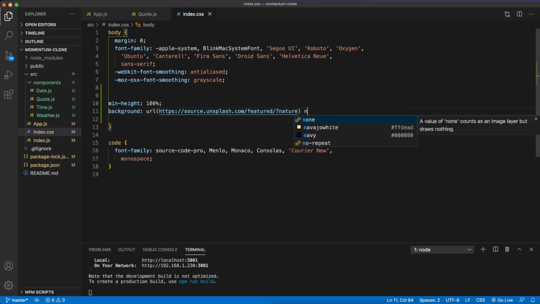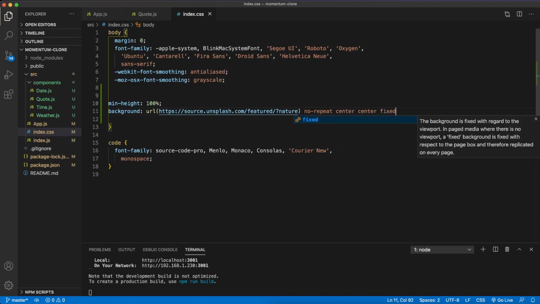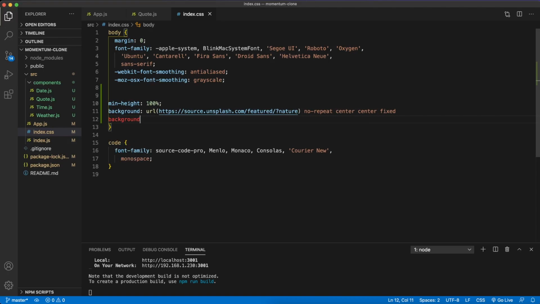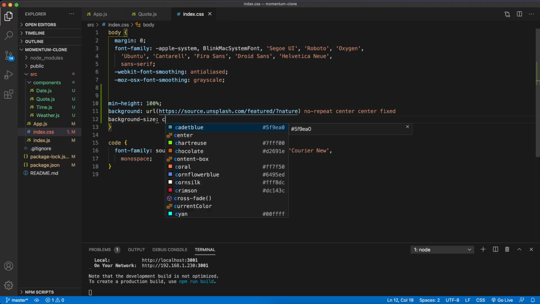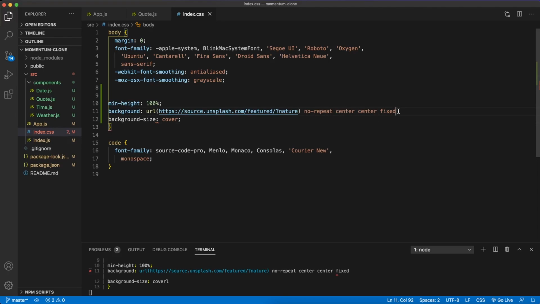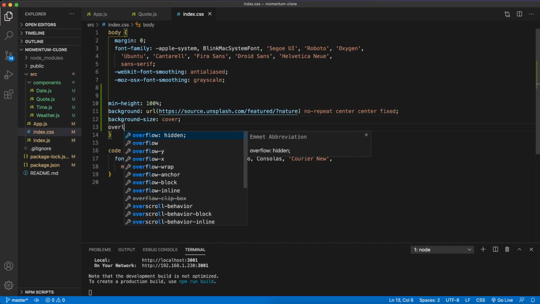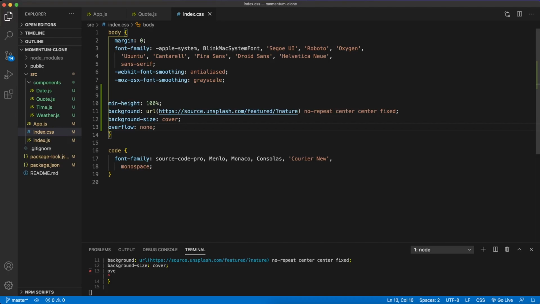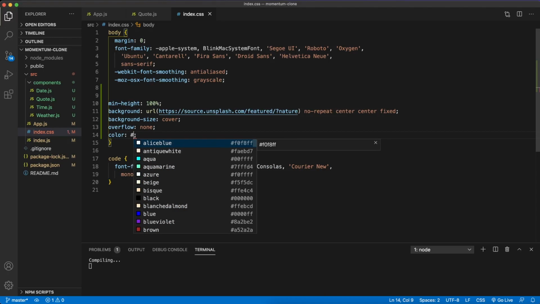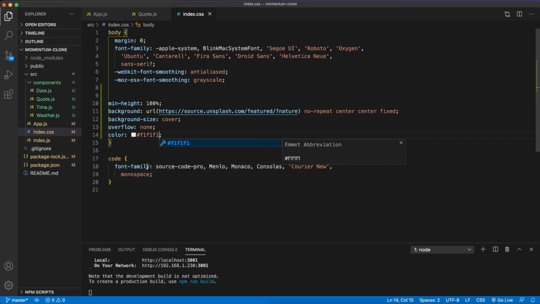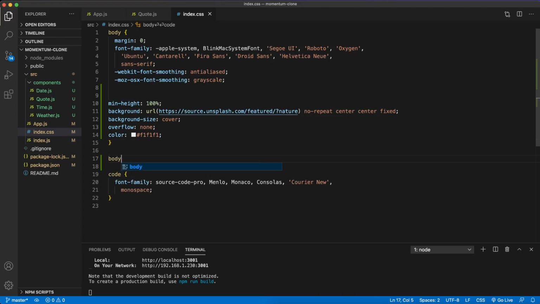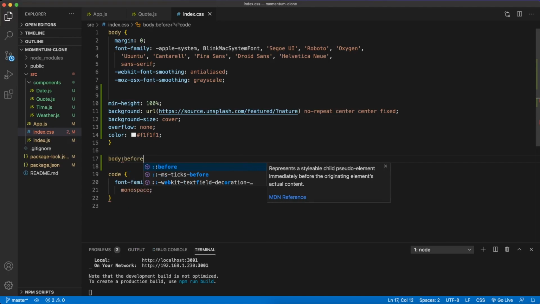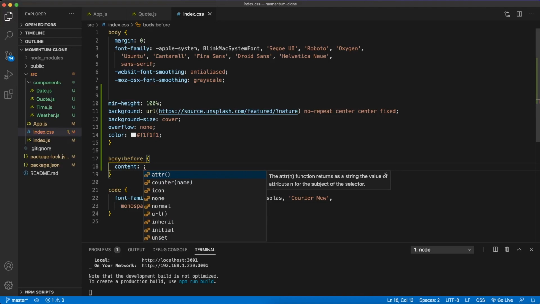Okay. And no repeat. This is just CSS we're doing right now, guys. Center fixed. And then, or here, let's do a background size of cover. Add that in there. I'm going to give it a color of basically an off-white. Now I'm going to add a little overlay in here just to make it kind of cool looking. So that was done under the body. So to do that, we're going to type body before, and we want our content